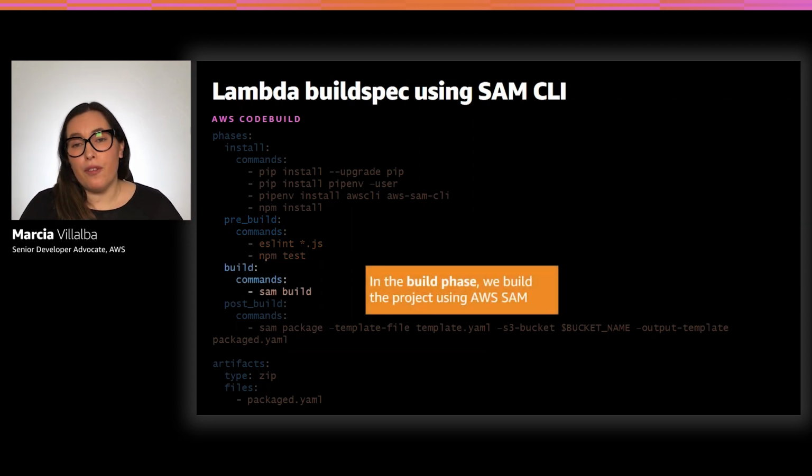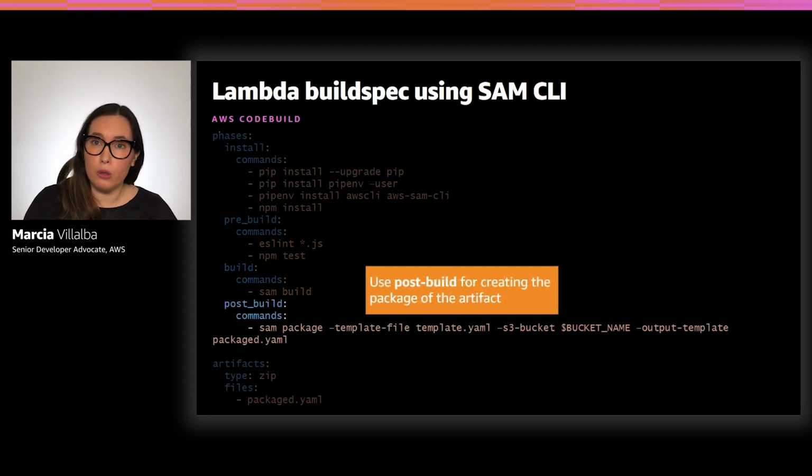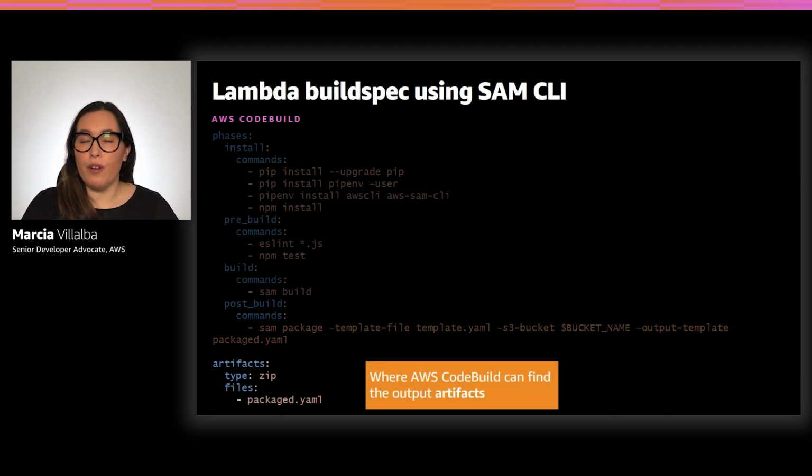Then we have the build phase, and I'm using some build to build my application. And then we have the post build, where I'm building my artifact. This is using a zip code, so I'm getting the code from S3 and producing the artifact. And finally, I need to define my artifact, so then CodePipeline can use it later to deploy it in the